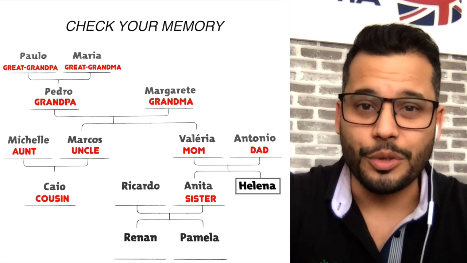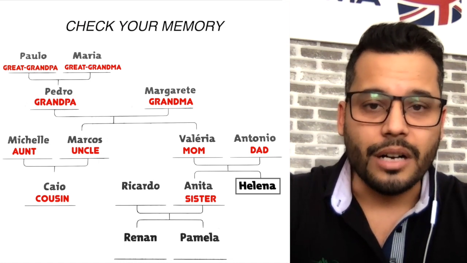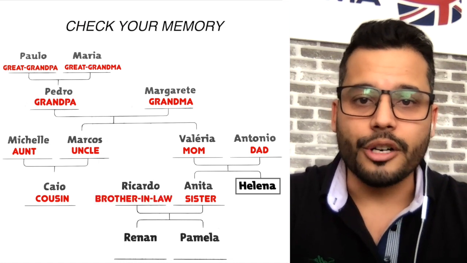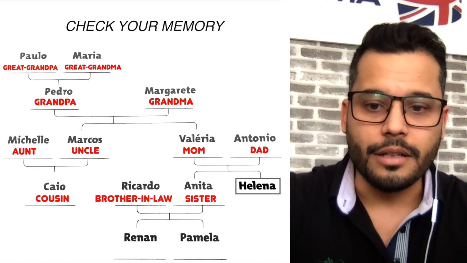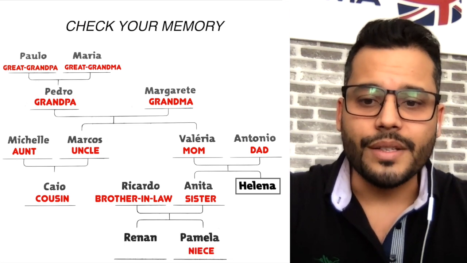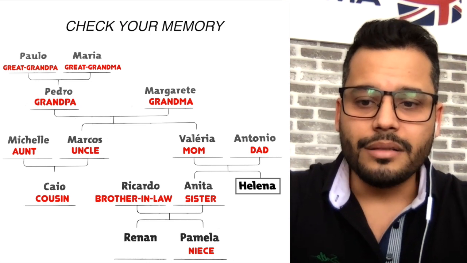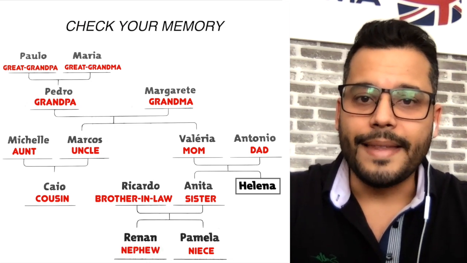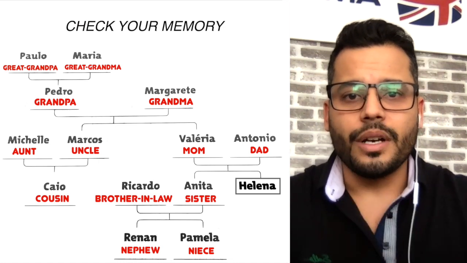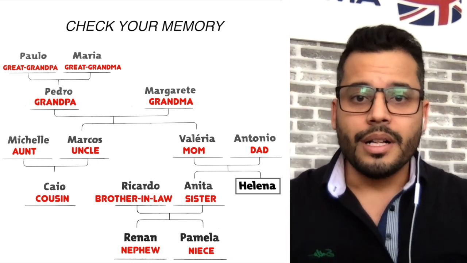Check your pronunciation, okay? Cousin. How about Ricardo in relation to Elena? Ricardo is Elena's brother-in-law. Repeat, brother-in-law. Pamela in relation to Elena, can you remember? Pamela is her niece. Repeat, niece. And Renan is Elena's nephew. Repeat, nephew. All right, so we finished all the family tree, all the relatives, and notice, remember, they are not